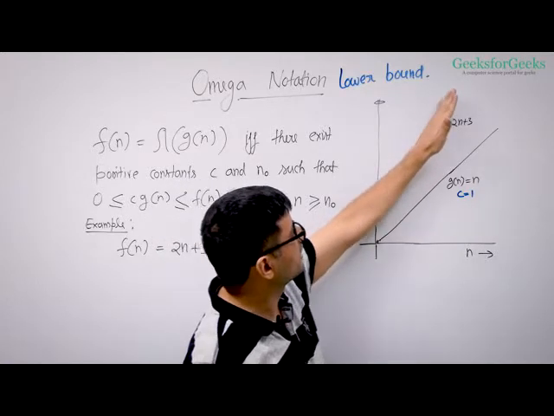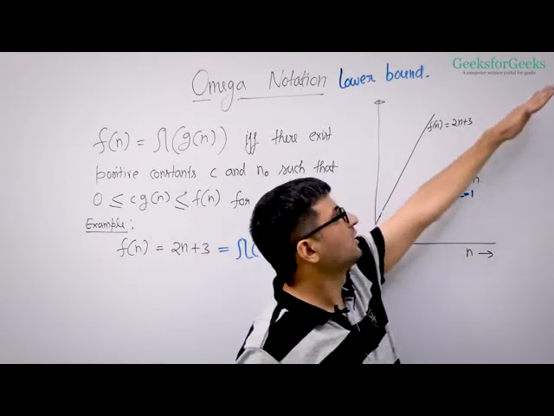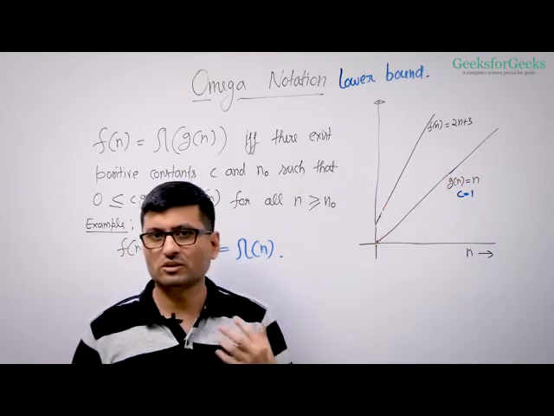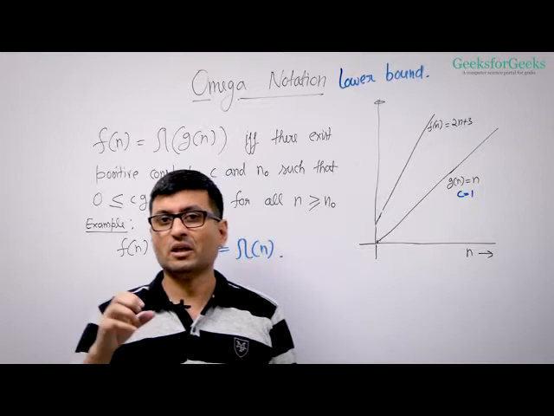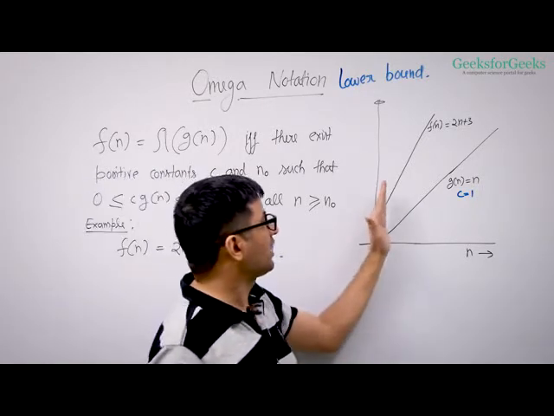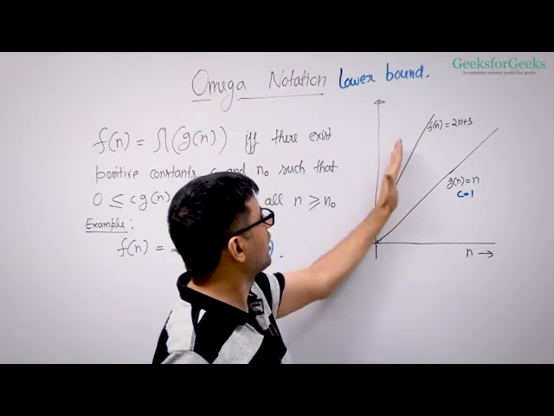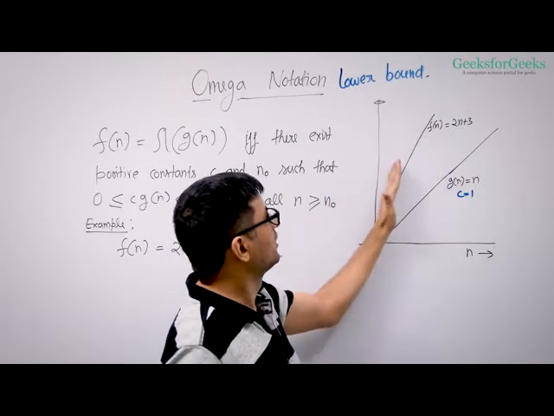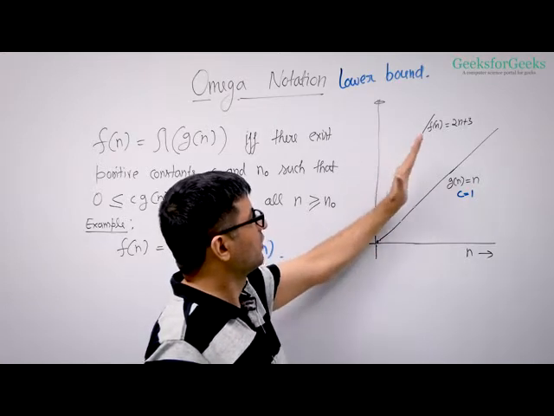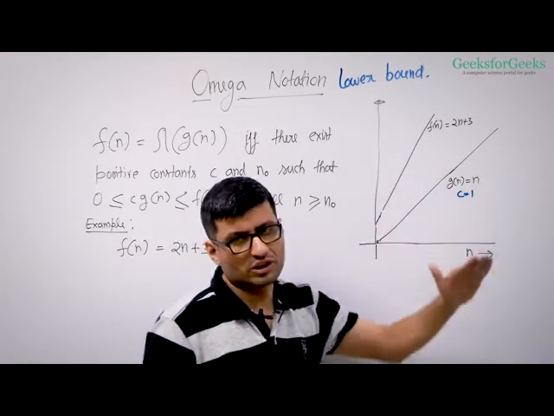You can see it's going to be like this and this is going to be like this. So it's always going to be smaller than this value. So this is a pictorial representation. What was happening in big O notation? We had a line which was going at a higher growth like this. So your big O function bounds from the upper side, and the omega function bounds from the lower side.